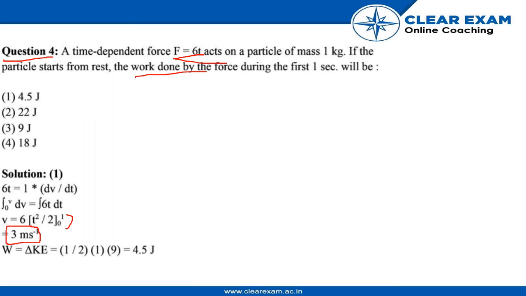And when we find the v, we know that work done equals delta KE, which is half into 1 into 9, which will be 4.5 joules. So the answer will be option number 1,